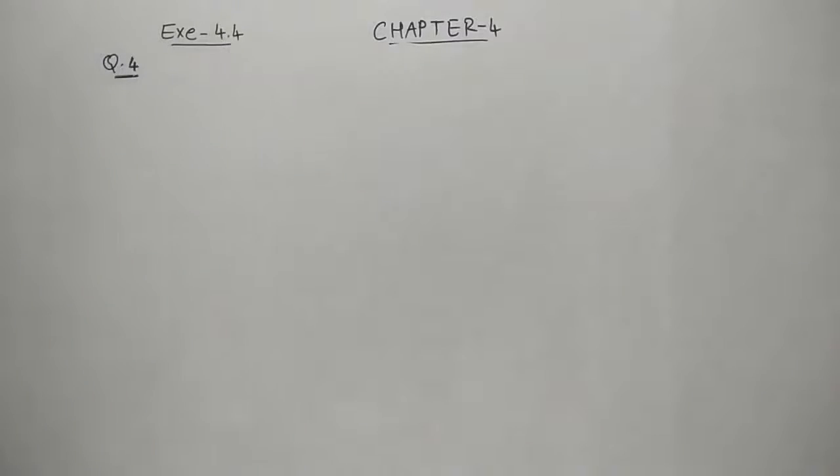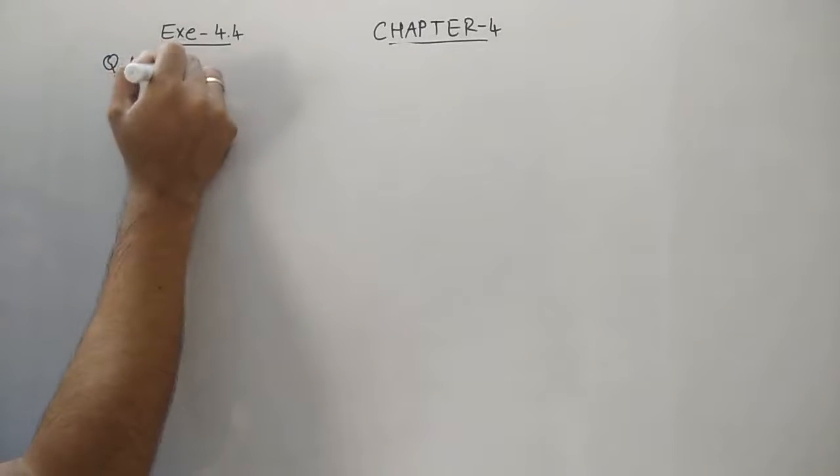Let's do the question number 4. It is given, is the following situation possible? If so, determine the ages. Look at this, it is given about the ages of two friends. The question is: the sum of the ages of two friends is 20 years. 4 years ago the product of their ages was 48. So here the quantities are two friends.